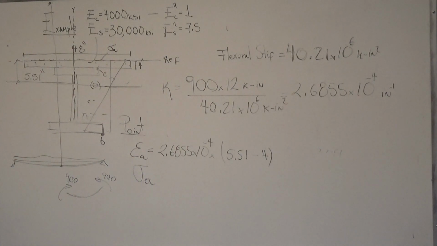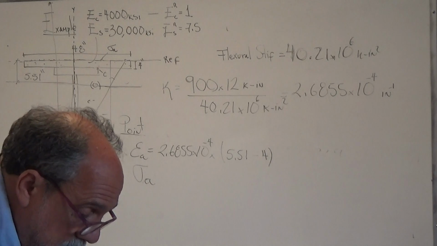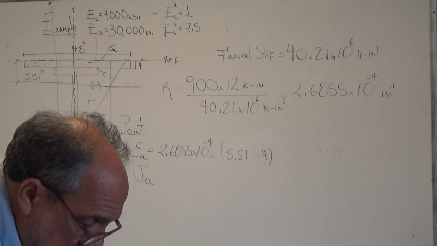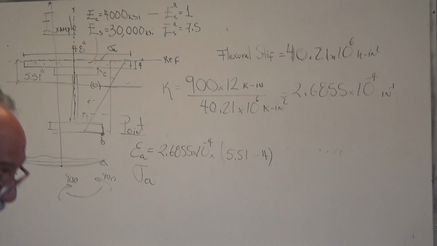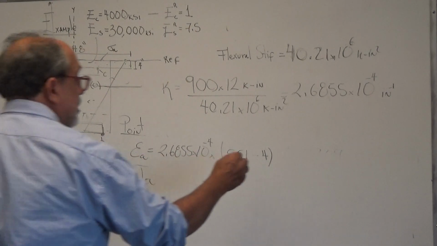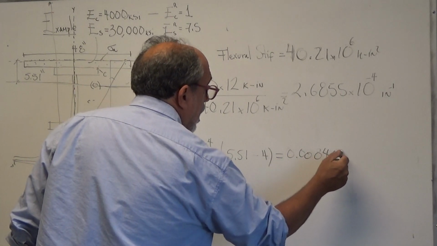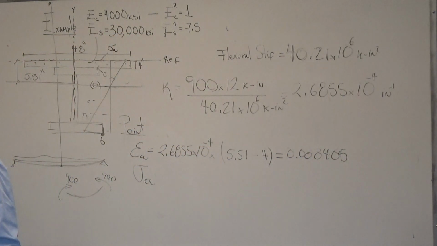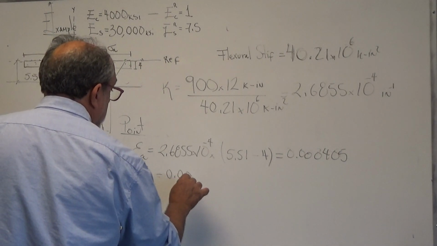And so that's 1.51. So the strain in the steel at point C is 0.000405, and the stress